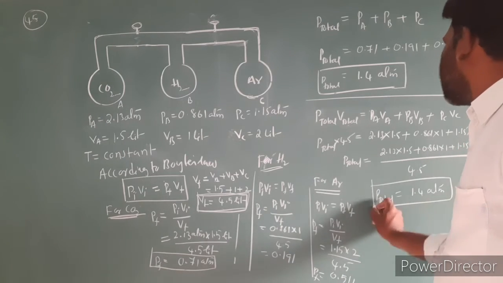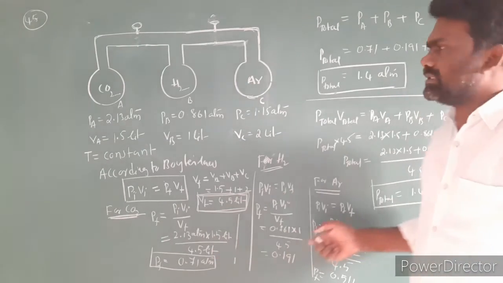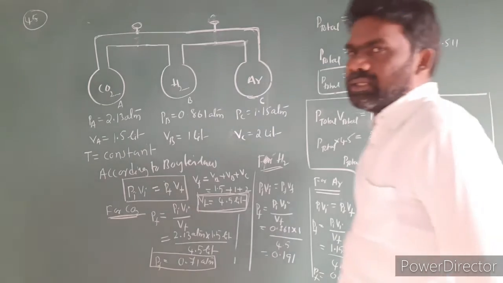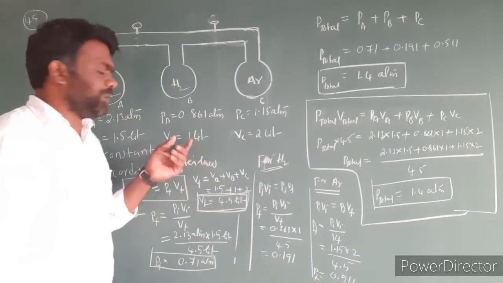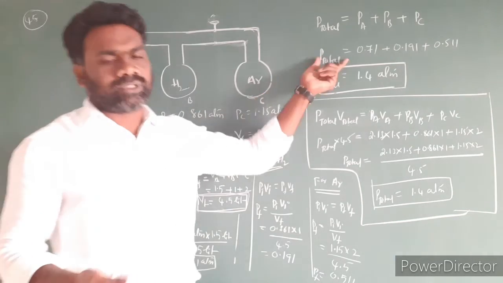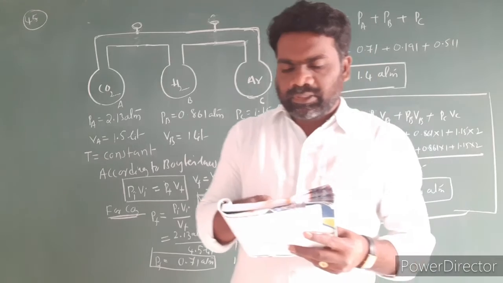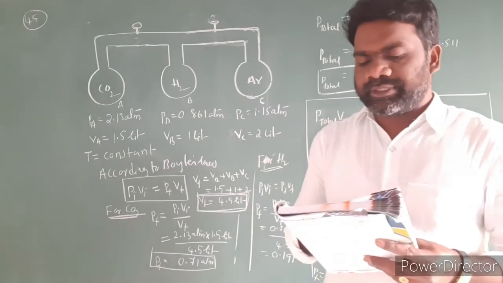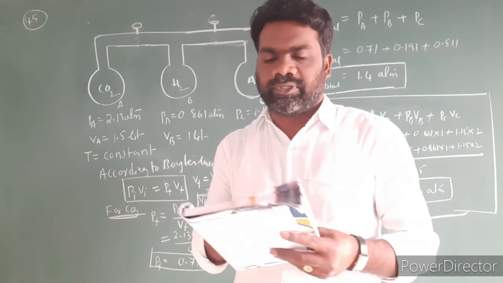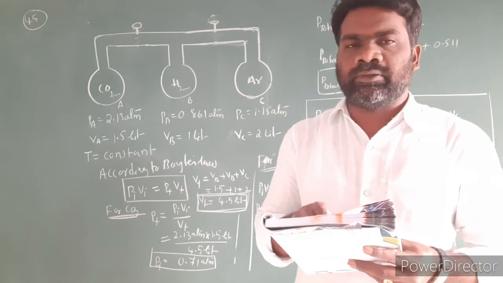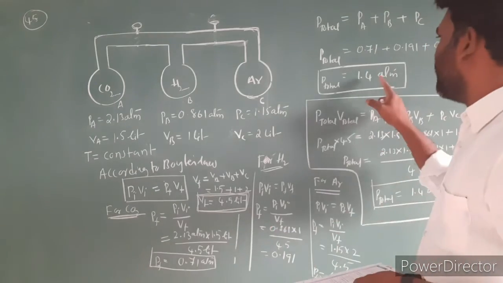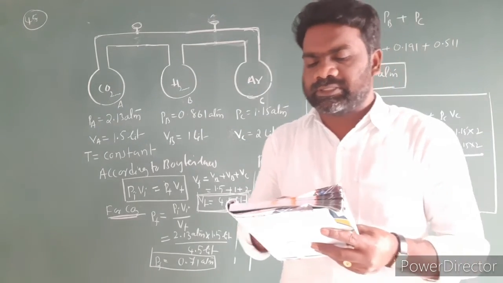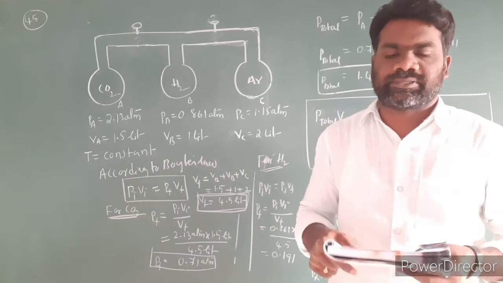So this is the simplest way to solve this problem. This is a long procedure, and this is the short method to get the answer. So the pressure of the gas in the bulb is equal to the total pressure. Look at the options. The first option 1.41 atmospheres, second option 0.861 atm, third option 1.38 atm, fourth one is 1.18 atm. So for problem number 45, the correct option is 1.41 atmosphere. I wrote 1.41 approximately, you can take 1.4 or 1.41. So for the 45th question, the correct answer is the first option, 1.4 atmospheres.